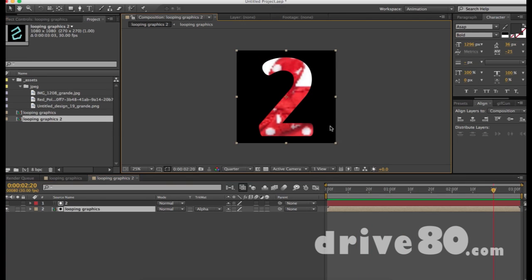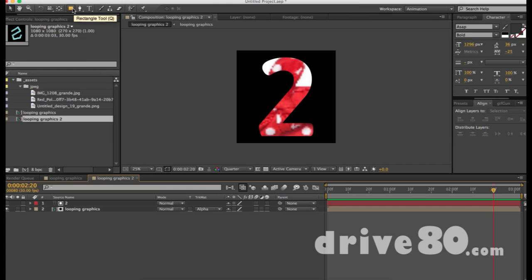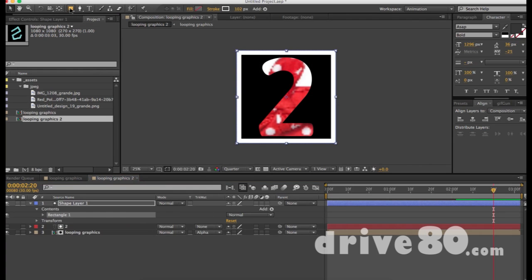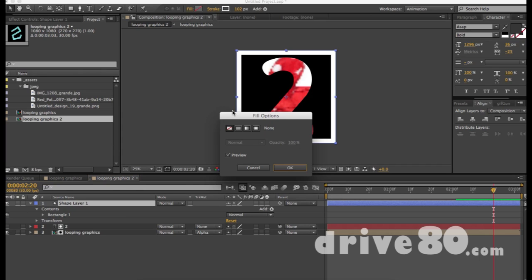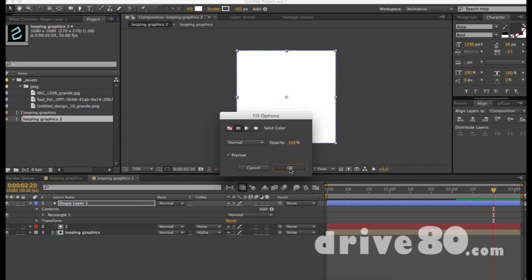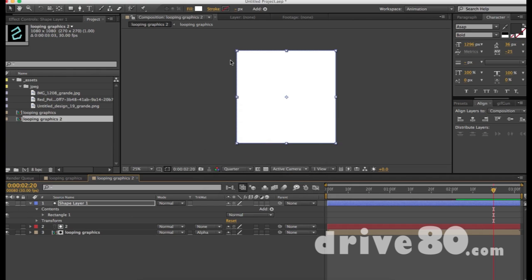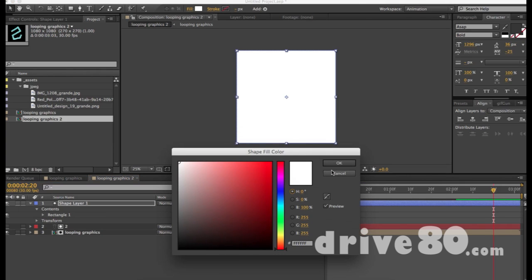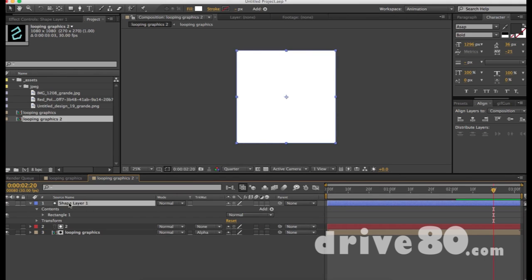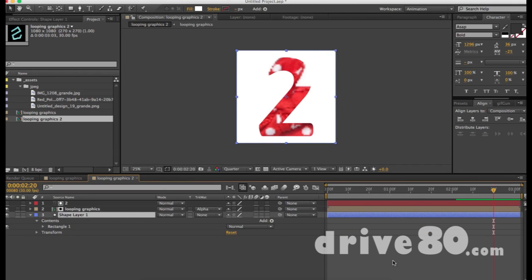But I don't want this black box to be behind it. So the way I'm going to solve that is this square up here. I'm going to double click this, and you'll see that it's on top of everything. That's usually what it does. And I don't want a stroke, I want a fill. So if I click on fill, I hit solid, I hit OK, and for stroke, I'm going to get rid of that. And then the fill color, let's not worry about that yet. Let's take this and just drag it below, and now we can see that we've got this cool little looping